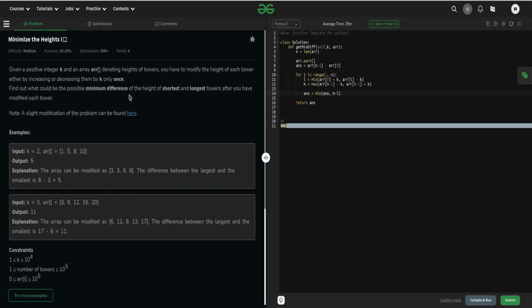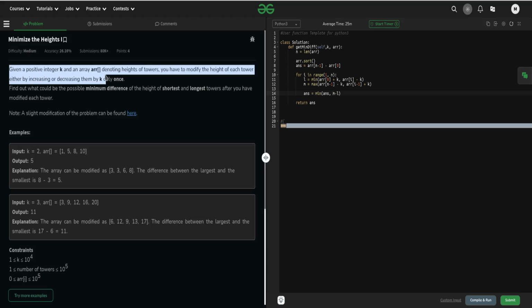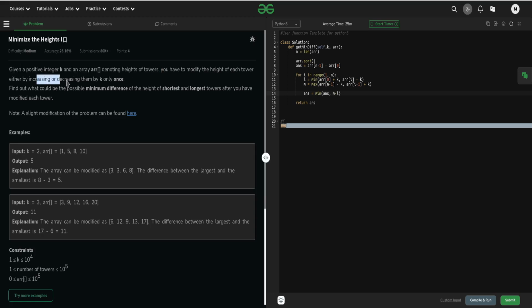Hello guys, in this video we are going to discuss the solution of the problem Minimize the Heights 1. So let us look at the problem statement. The problem statement says: given a positive integer k and an array ARR denoting the heights of the towers, you have to modify the height of each tower by either increasing or decreasing it by k only once. Find out the possible minimum difference between the heights of the shortest and longest towers after you have